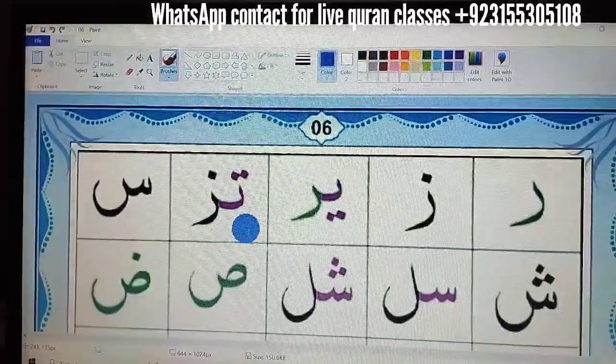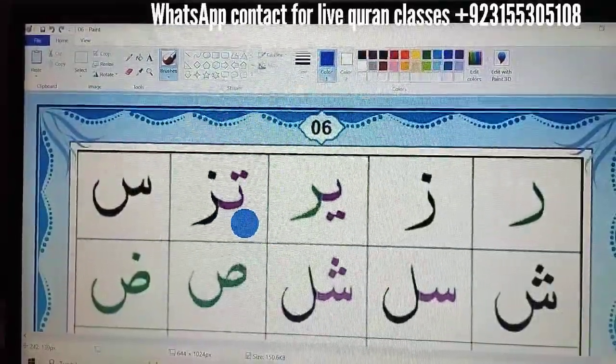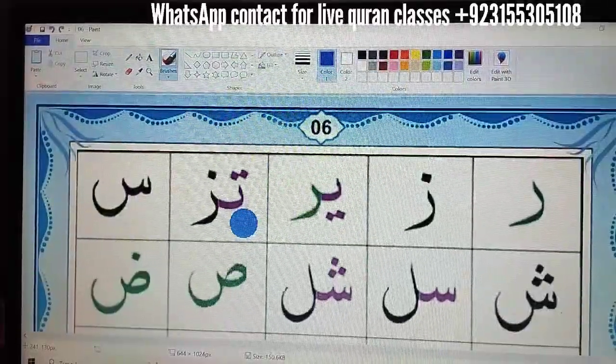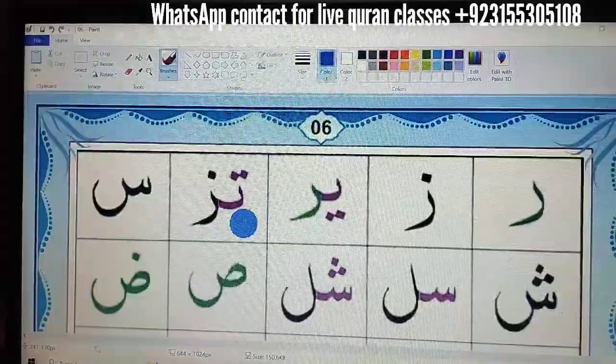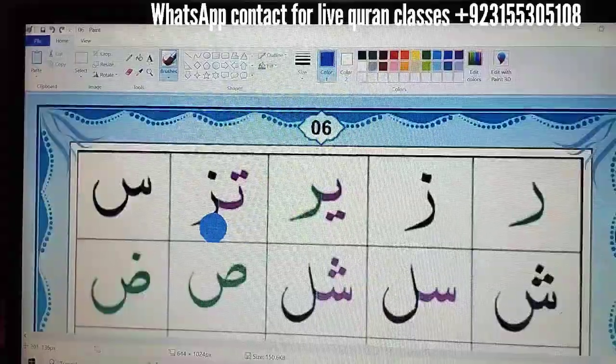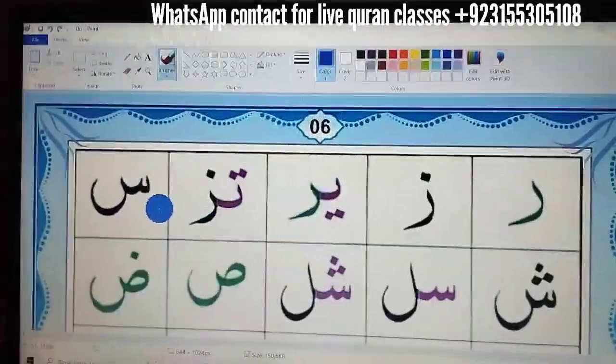Here again two letters are joined together. First one is ta, because why we read it ta, the sign of ta is here, two dot at the top of the letter. So we read it tazam. Next one is